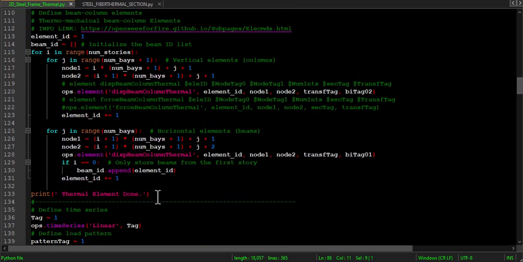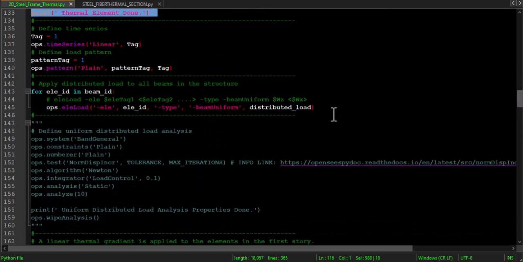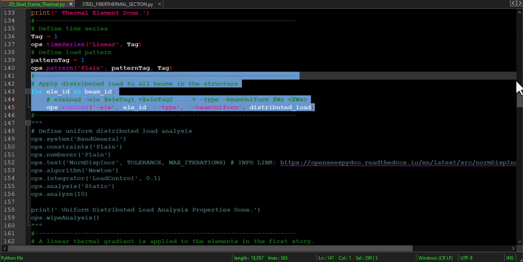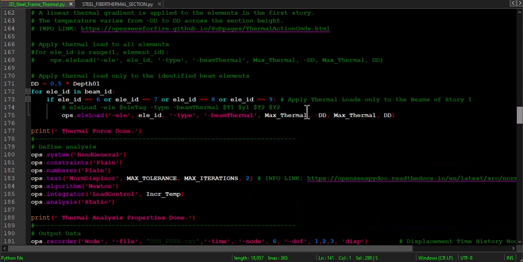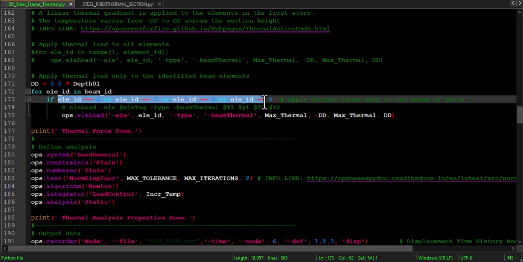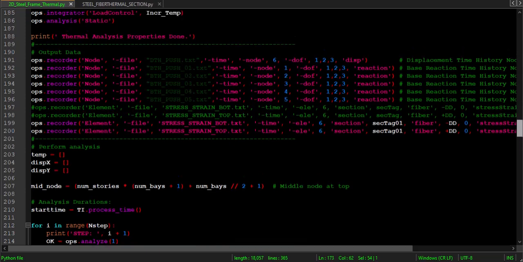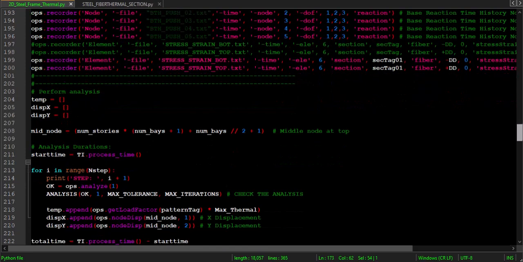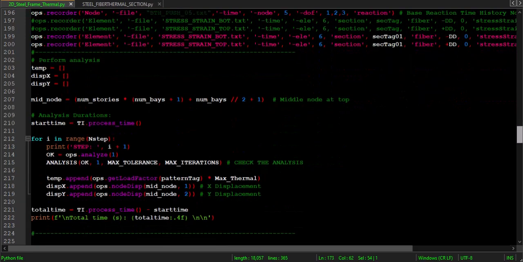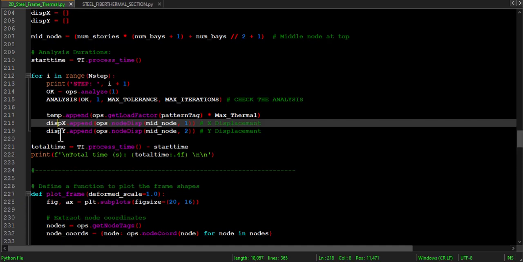So we're going to define the elements and uniform distributed load, and also thermal load in these beams, and run the analysis and output the displacement and different base reactions, and also strain and stress relations of defined nodes. And then in each step we're going to output the temperature, displacement in x and y directions of this degree of freedom,